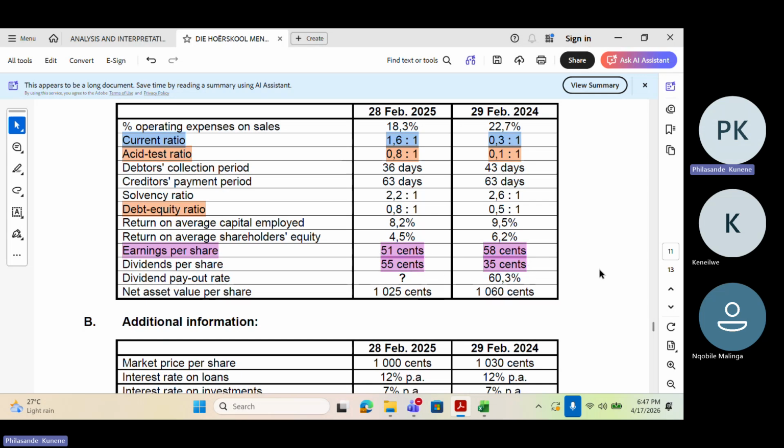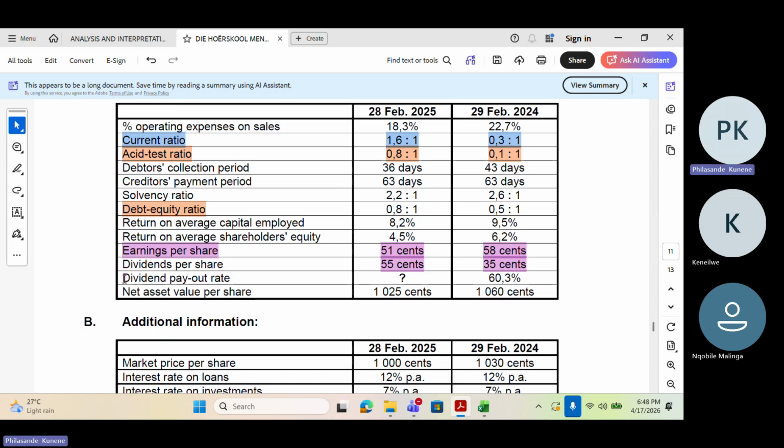But now, is it going to be possible for that expansion they were talking about, if you're paying 55 cents but you only earned 51 cents? Now, they're talking about improving or expanding. If you pay your dividends more than what the share has earned,